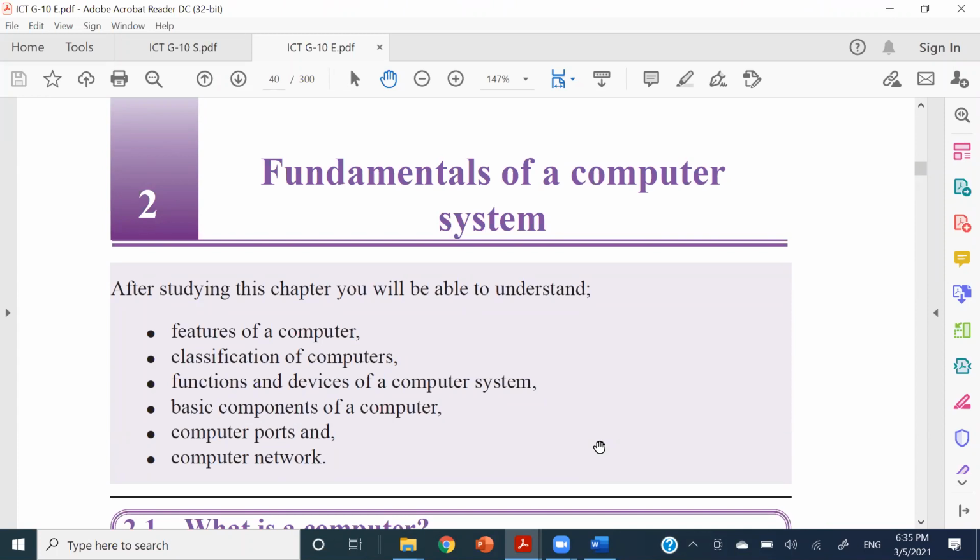There will be many different topics that you are going to face, right? You are going to get to know about the parts inside the computer and how these things are interrelated to each other, right? And what the classifications are, and how a computer network works in very simple terms, right? So those are the things that we are going to learn from this lesson.